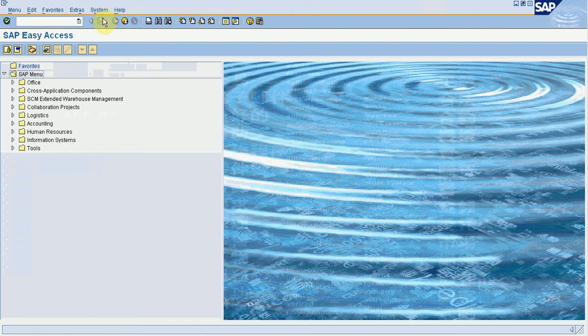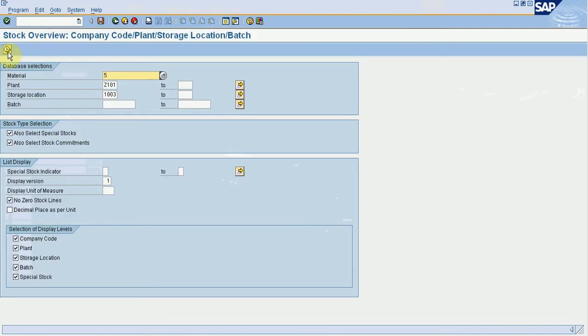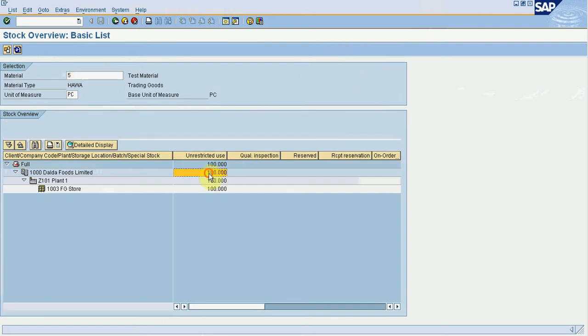To view the stock overview at a particular point of time, MMBE is a transaction which shows the stock in real time. Material is 5, plant is 101 and storage location is 1003, which is finished goods. I currently have 100 pieces in unrestricted use.